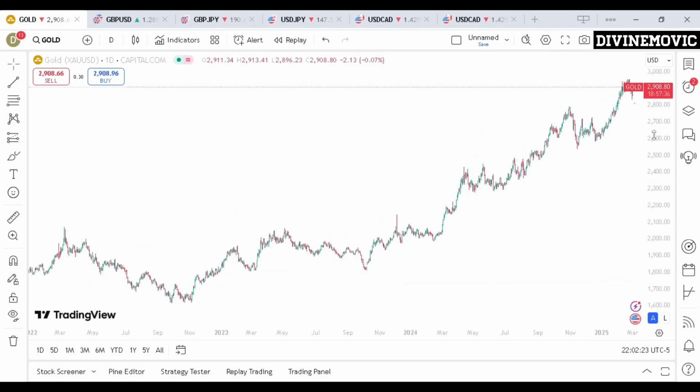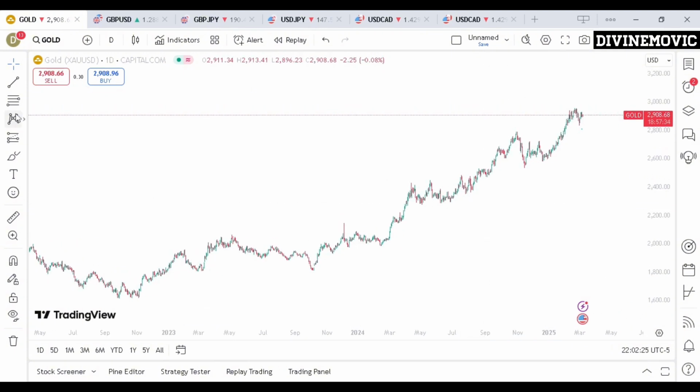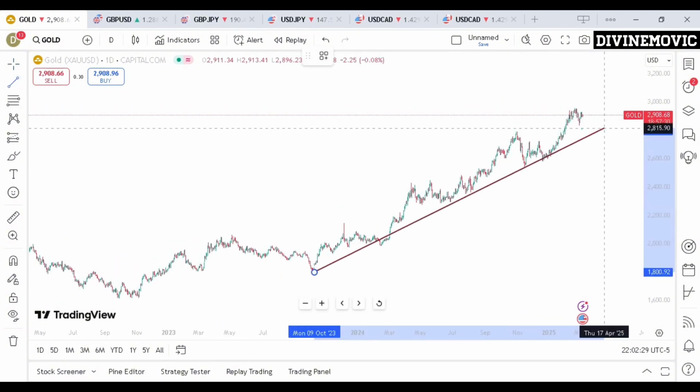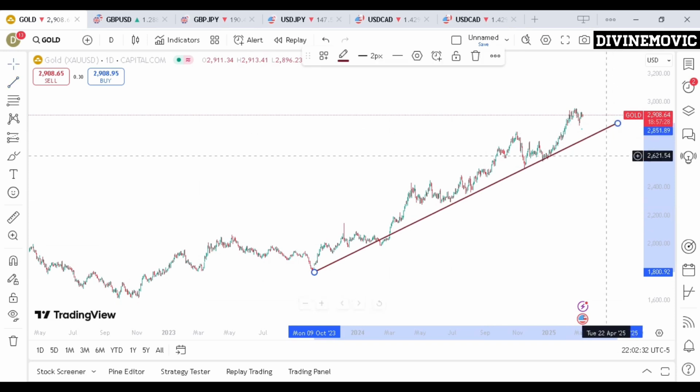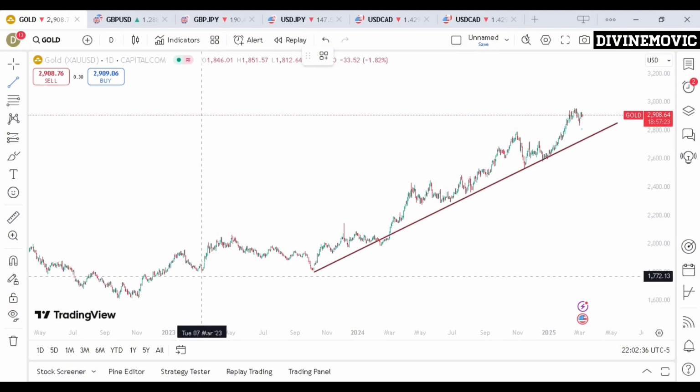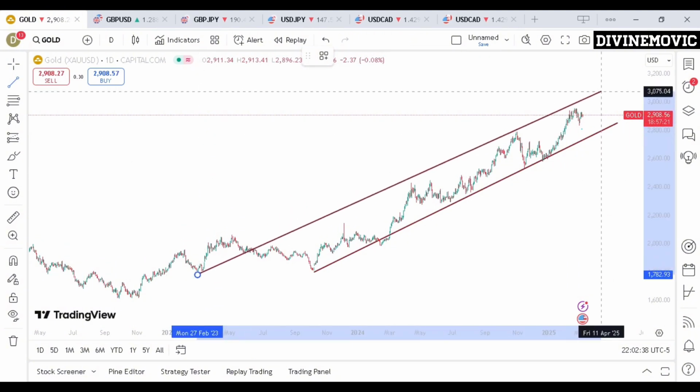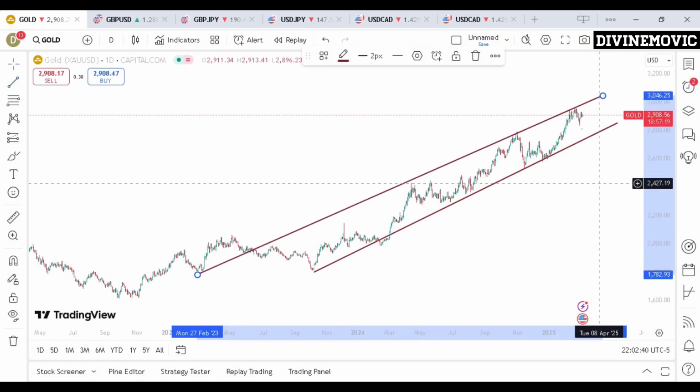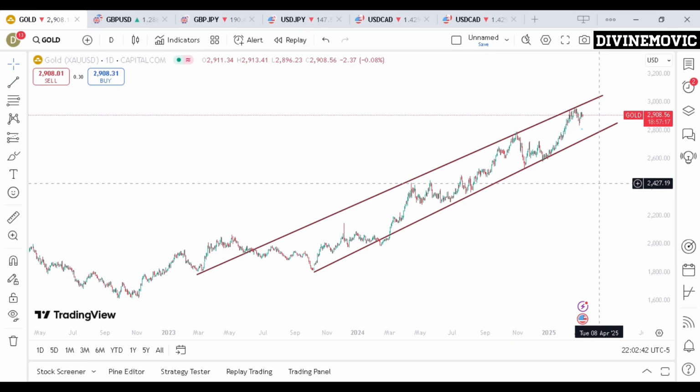And for me to do that, I'll simply use the trend line to identify that this point is the support level, and here is the resistance level. Now, if I'm to interpret what price is doing on this support and resistance, I would see that